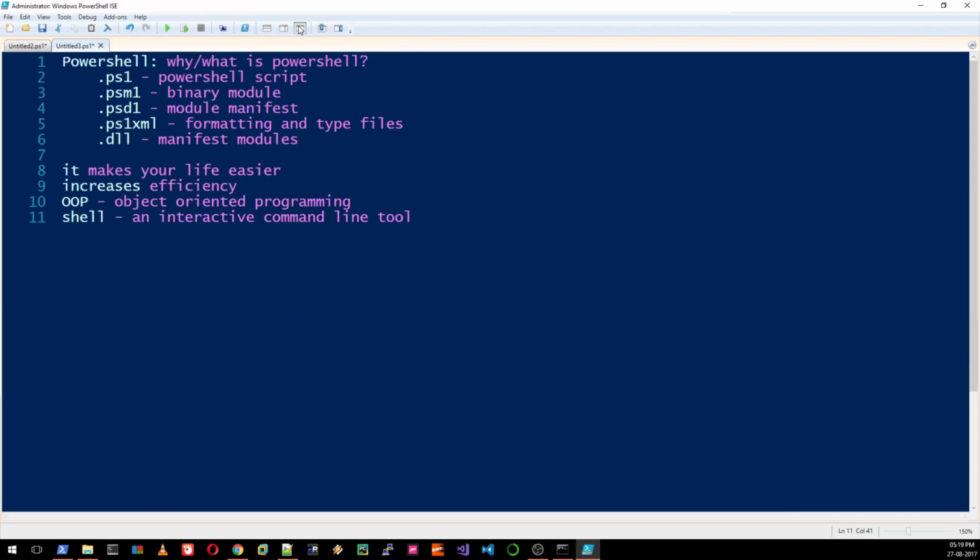And then they take parameters just like any other scripting language. All parameters begin with a minus, a hyphen. It is not your VB script or your .NET programming language, C# or something. If you want to write your own PowerShell commands or modules, you can obviously use C# or VB script to write your own